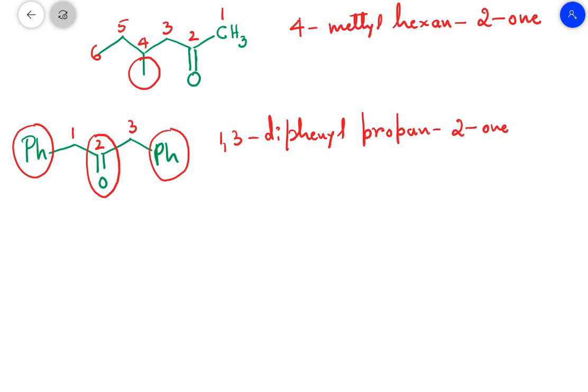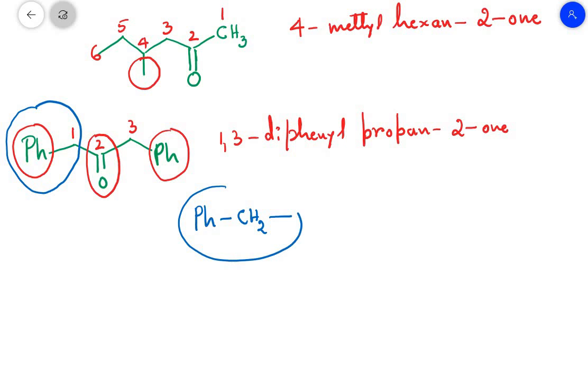Or in common terminology, I have told you already, that is Ph single bond CH2. If this group is present, you can see that here C6H5 along with what? CH2, and I write it here as C6H5CH2. It is called as what? Benzyl, benzyl group. So therefore it is repeated 2 times, and hence we can write the common name as dibenzyl ketone.